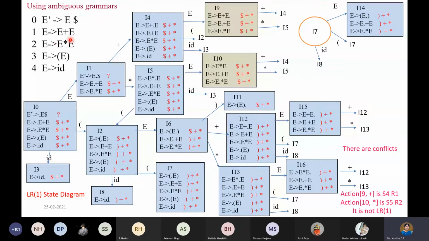Okay, can you conclude then, if you take ambiguous grammars, what happens then? Always it will have the conflict. Whenever you take ambiguous grammars, you will have the conflict for sure. Whatever strong algorithm you take also, it is going to have the conflict for sure. But I started with LR(0) because I wanted to start with the least and then go towards the strongest. And we know that LR(1) is stronger than all other techniques, isn't it?